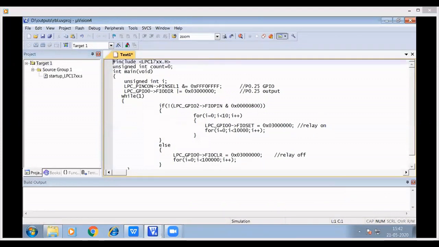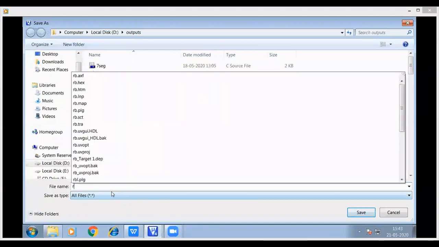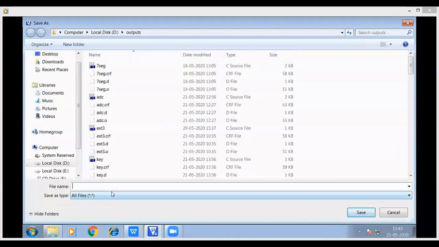Once the program is typed, save it with a file name. Say yes. RBL, and save it with .c extension. You need to save the file with .c extension because it is a C code.